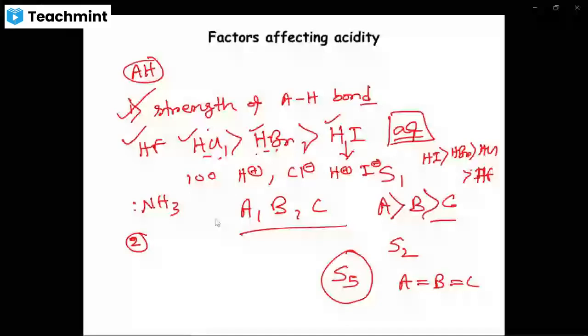One is, let's say you have ethanol, acidity of ethanol, and acidity of, let's say,